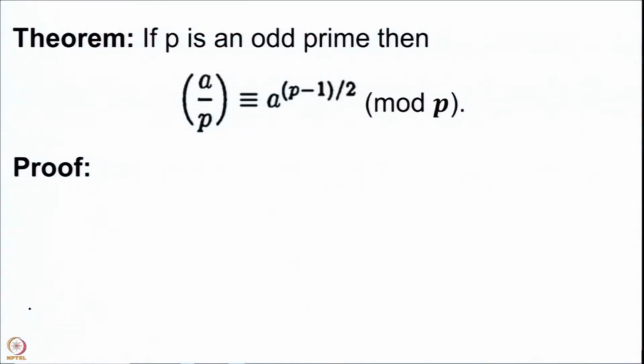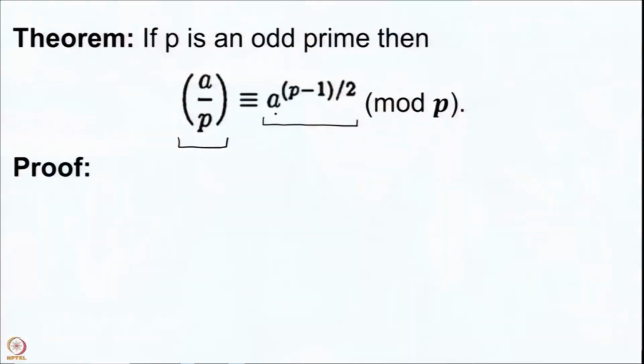This is also another simple result, but it is a big theorem because it will help us compute lots and lots of Legendre symbols. The basic thing that is different here is that on the left hand side we have the Legendre symbol which can be 1 or minus 1 or 0, but on the right hand side we have something which is purely in terms of A. So, when you are feeding this as an algorithm to a computer, it would be very easy for the computer to, given an A, compute A power (P minus 1)/2.